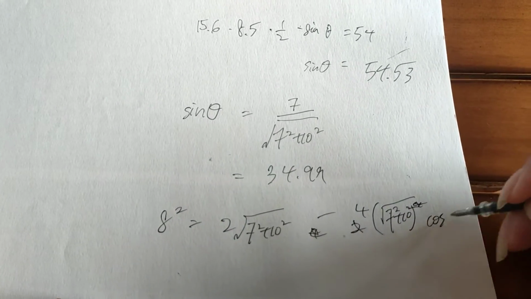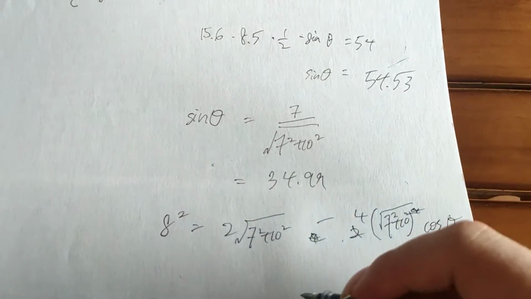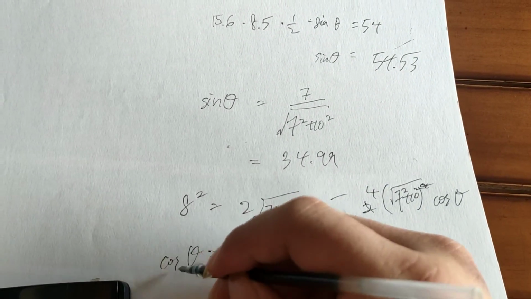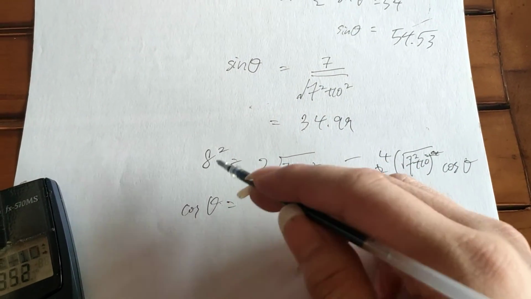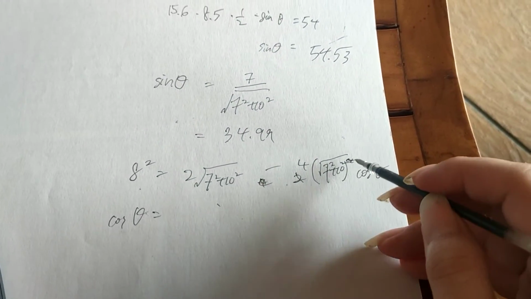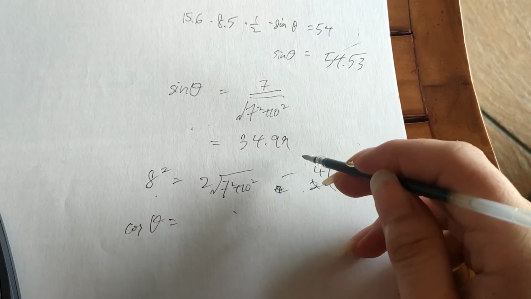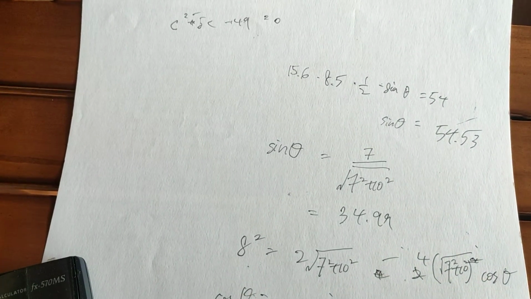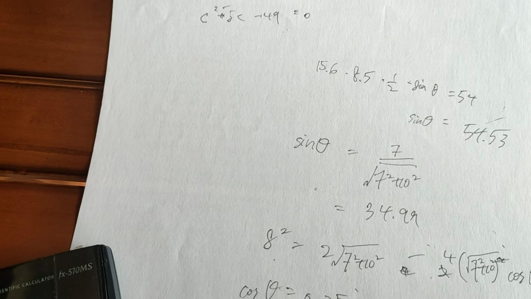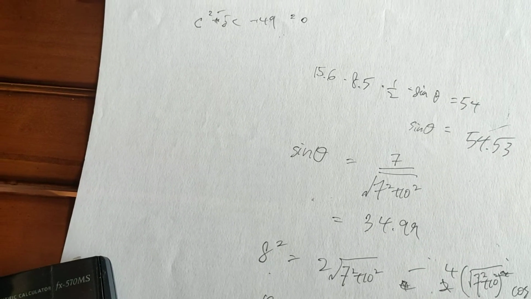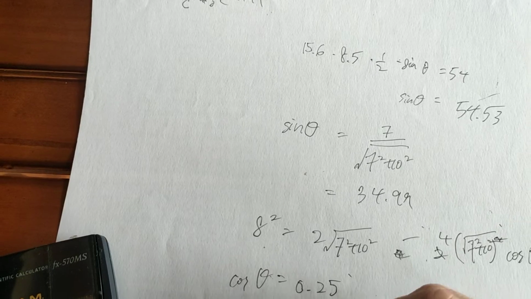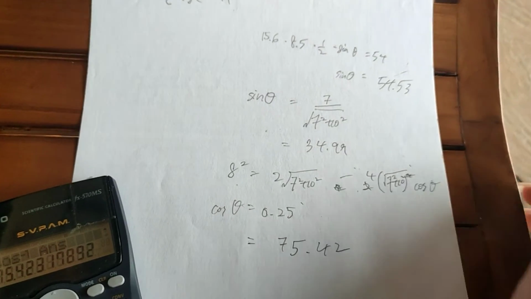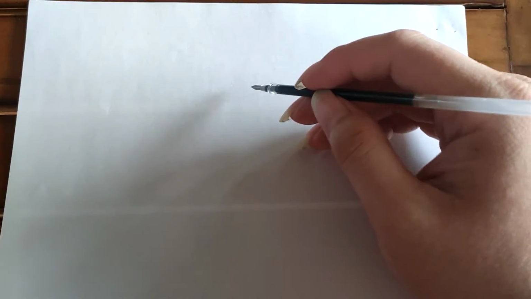And cos the degree, and we find the degree. So it's this minus this divided by this, which you will get 0.25, and the degree is 75.42 degrees. So this direction,